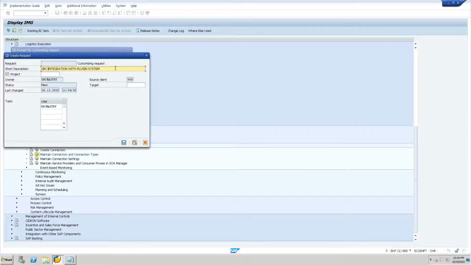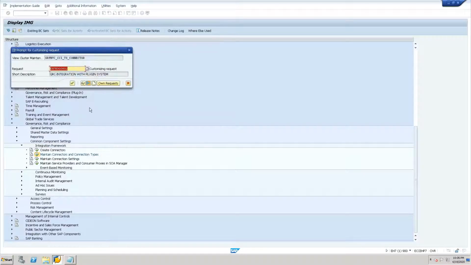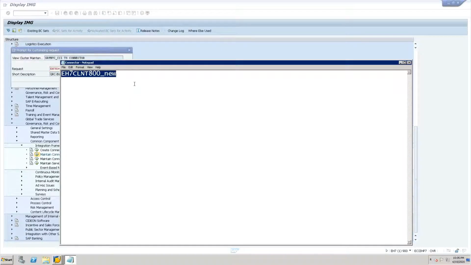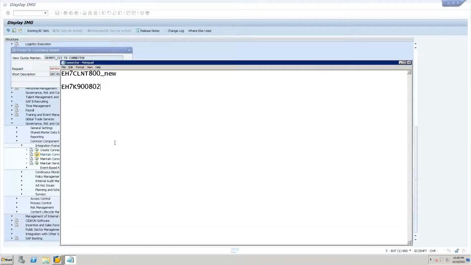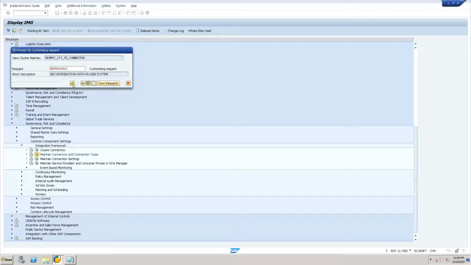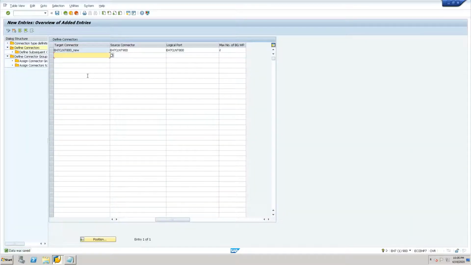Okay, this is the stop. Just save it, and this is the tier. You can save on your request. This is the tier number we have so far, and this is your login system. This is your RFC name over here. Then make sure you add it in the connector groups. So now we added it as a connector.